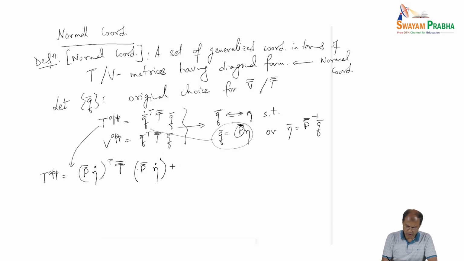So then this is also equal to eta dot transpose times P transpose T P times eta dot, right? We just do all the processing. We see that this is also equal to this, and then we see that